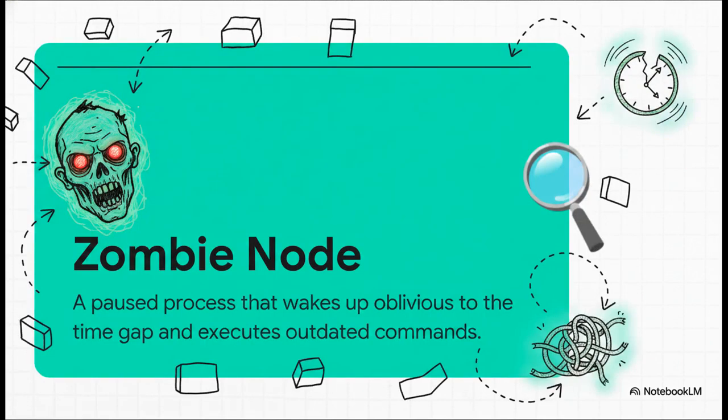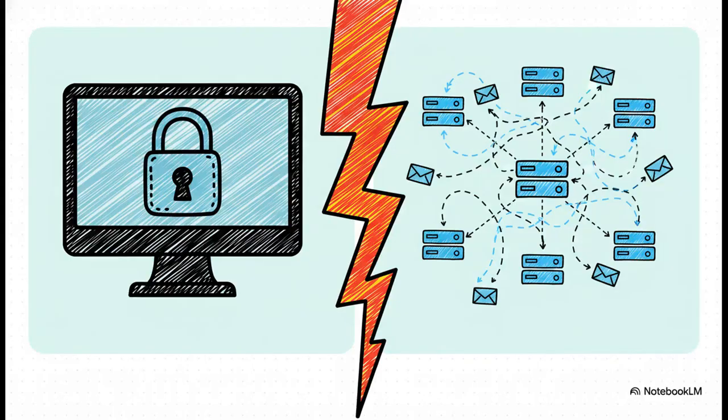It's essentially a process that resurrects from the dead and blindly continues executing instructions that are now dangerously out of date. It's just happily acting under the totally false belief that it is still the chosen leader. Now, on a single machine, we'd just use thread-safe mutexes and shared memory to prevent this kind of conflict. But you have to remember that standard single-machine logic simply does not translate to distributed systems over unreliable networks.